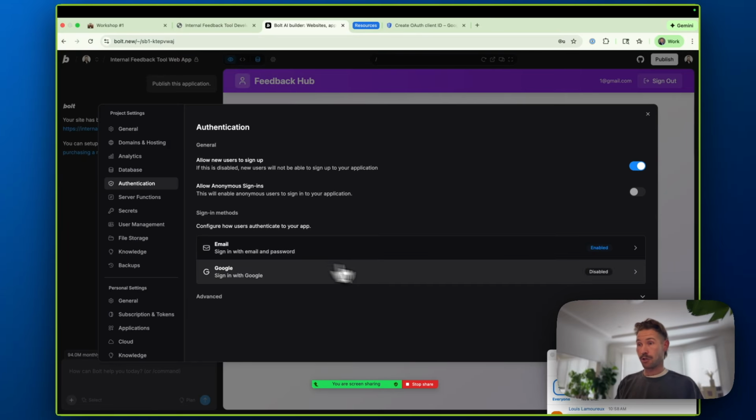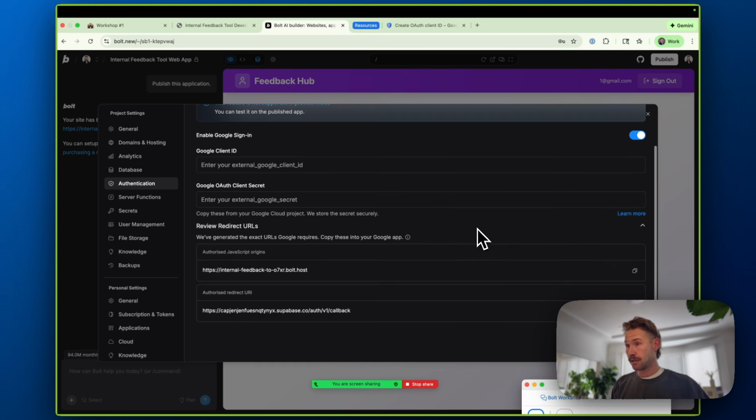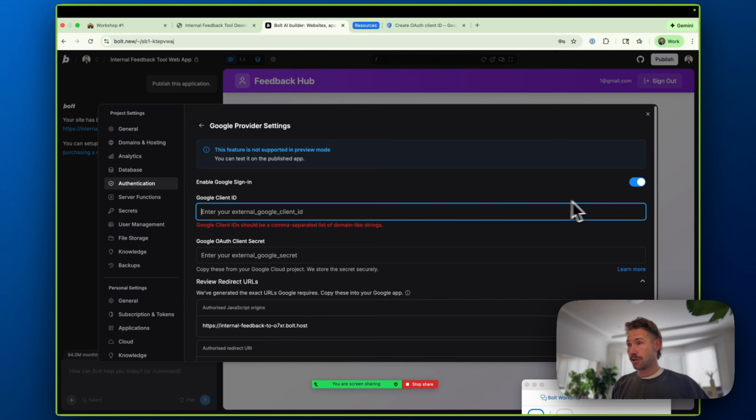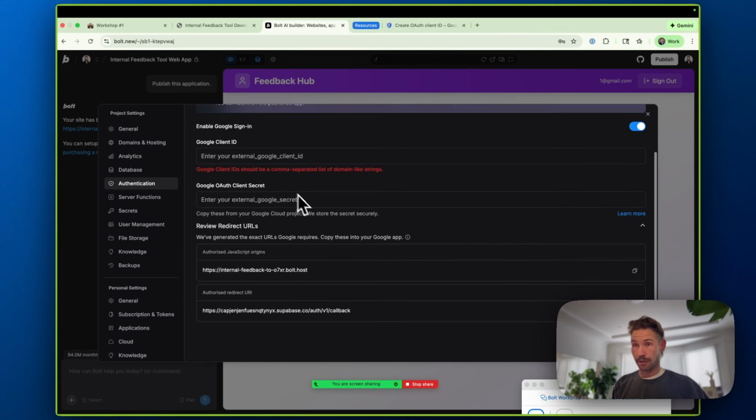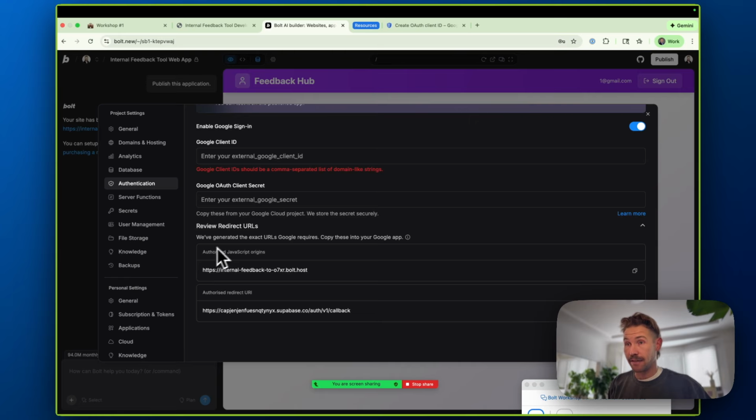But let's go back into Google. Under authentication, we're going to open up Google, and now we're going to enable Google sign-in. Notice that it's asking us for our Google client ID and our OAuth client secret. So those we're going to leave as blank for now, but you see at the bottom here, it's giving us